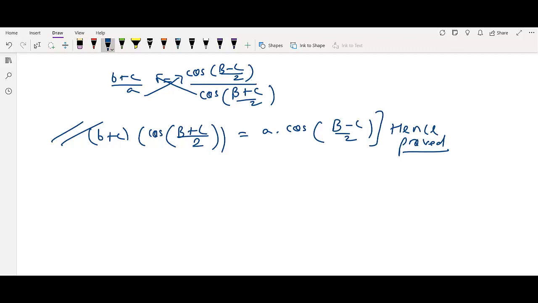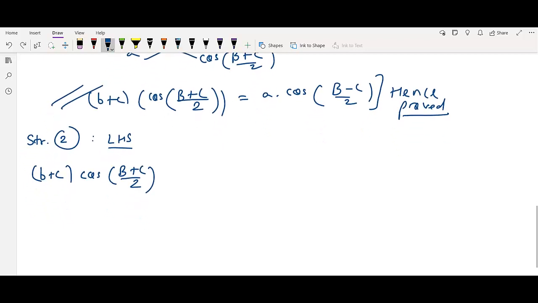Okay, now let us come to strategy number 2. Strategy number 2 is just to evaluate the LHS, the left hand side in the question. So the left hand side is b plus c into cos of b plus c by 2. Now as I determined earlier, b equals k sine b and c equals k sine c, so I can substitute those here